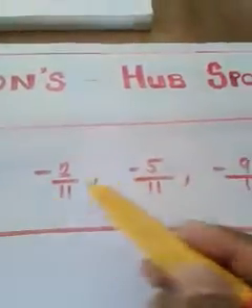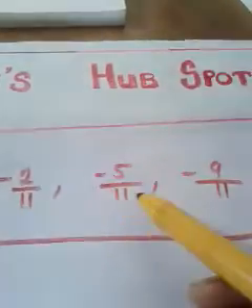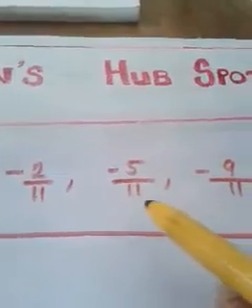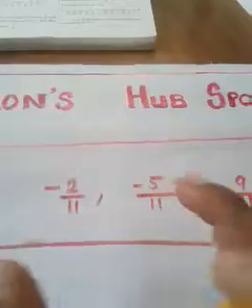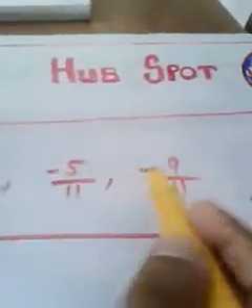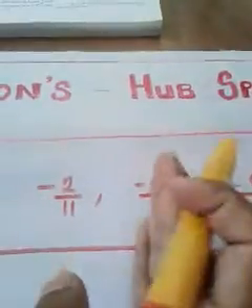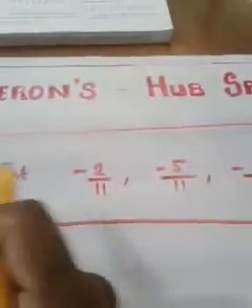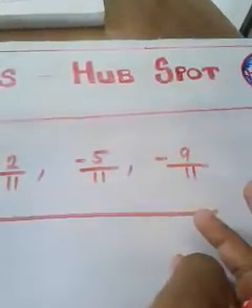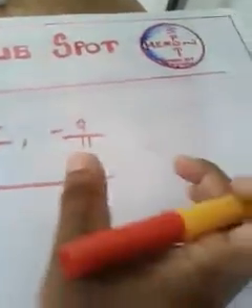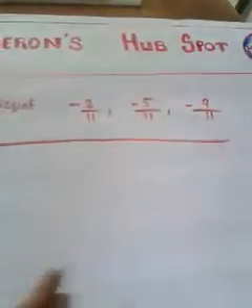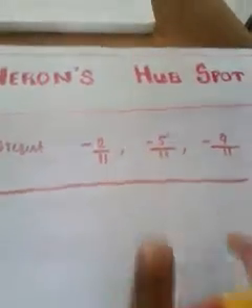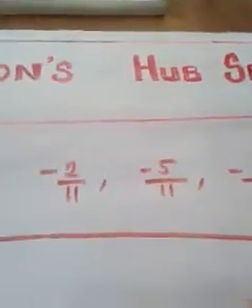That means, where we have to locate these numbers, can it be on the right side of 0 or the left side of 0? Sure, it should be on the left side of 0, because these are negative rational numbers. So we have to mark it towards the left side of 0, since it is negative. That means you can reduce the space towards the right side of 0. You have to increase the space towards the left side of 0, because we have to mark it on the left side of 0. That is the one thing.